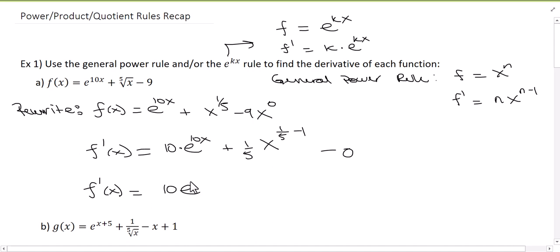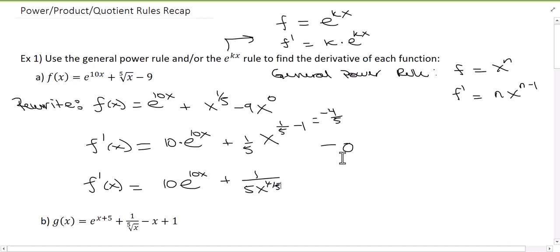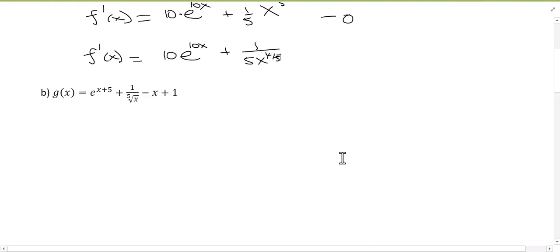Then just rewrite it so that it looks pretty. So I get 10 e to the 10x plus, well, what's 1/5 minus 1? This is going to be minus 5/5, so negative 4/5. So this will be 1 over 5x to the 4/5, and that will be our derivative. Now for the next example,